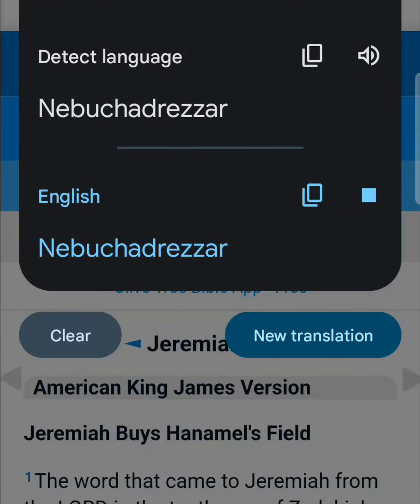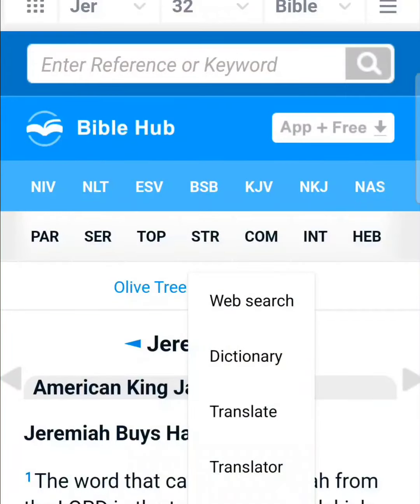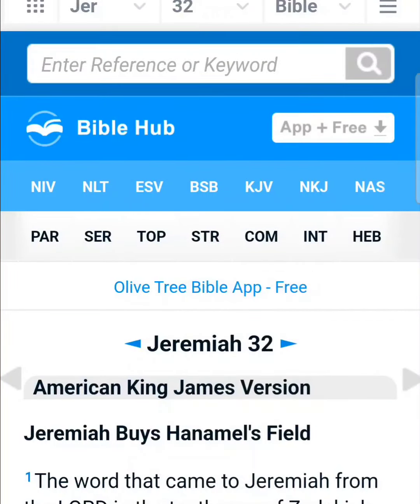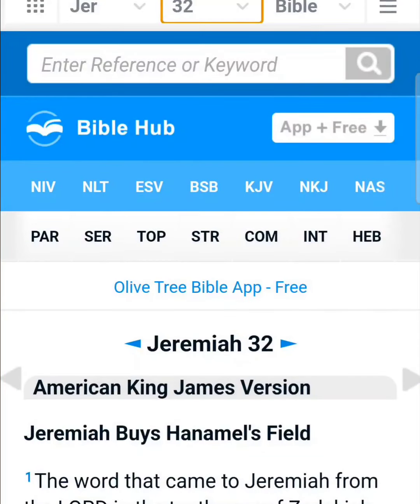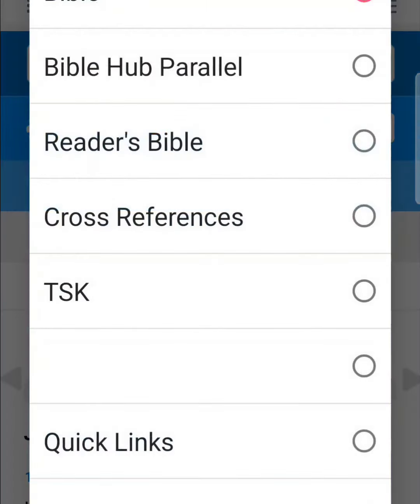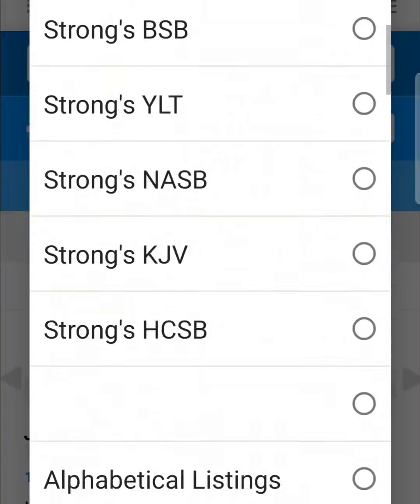Nebuchadnezzar. Hold on. Nebuchadrezzar. Oh, there we go. So my question is, how are we getting two different ways of saying this guy's name? Like, why isn't there a definitive way to say his name? And then it started making me think,